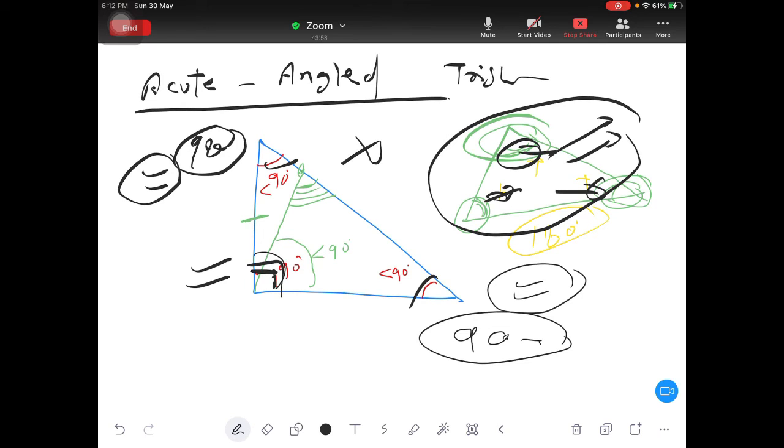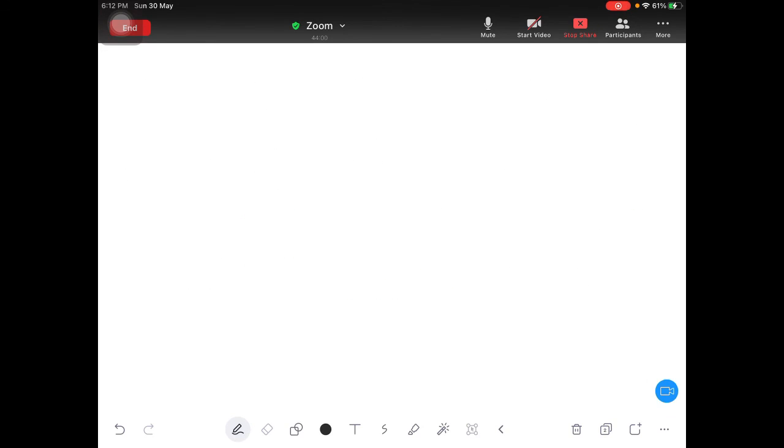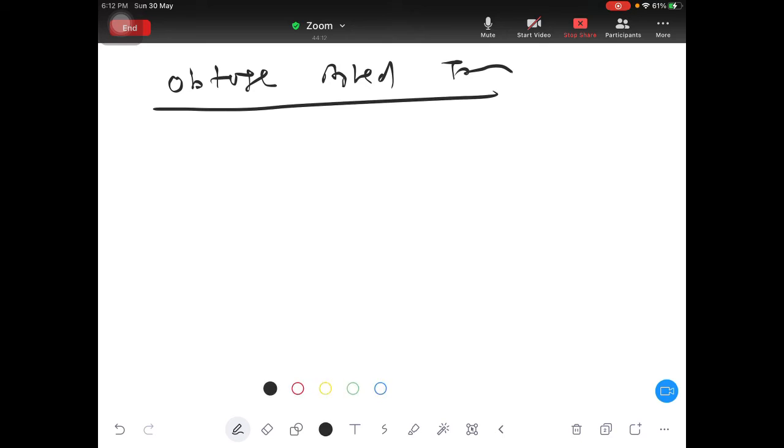Okay. Now see, we will go for the obtuse angled triangle. What does it mean? Again, very simple, because the word is obtuse. But not all angles. One angle. Because see, if 2 angles are more than 90, then if you add them, only those 2 will be more than 180, correct? Only one can be more than 90.